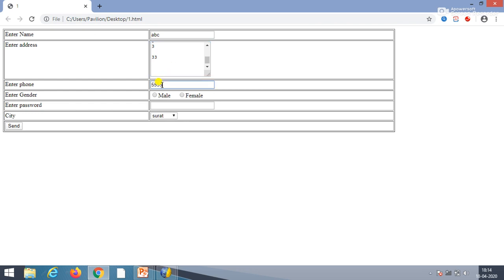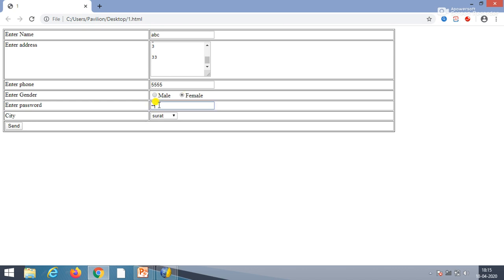Phone number. Now over here, male and female for the radio button. If we click on male, it will be selected, and again if we click on female, male will be unselected, because over here we have given the same group name. That's why if we select one and then the second one, the first one is unselected.